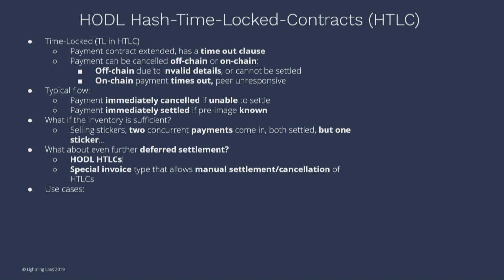So it's a way you can have different use cases in Lightning that allow you to take advantage of the ability to extend a payment off chain that shows that I have all the money there and it's fully committed, but then allow it to be canceled or have deferred settlement in itself. There's a few different use cases.